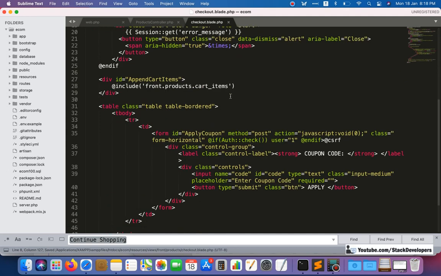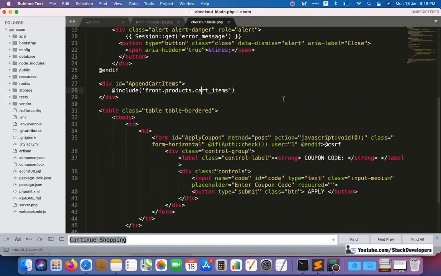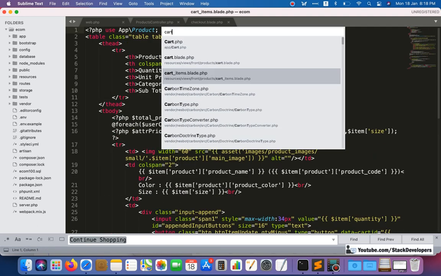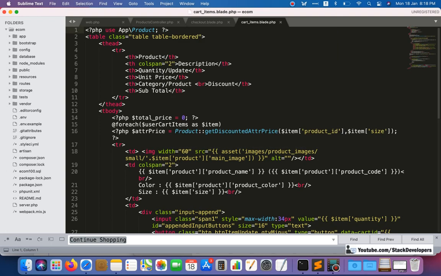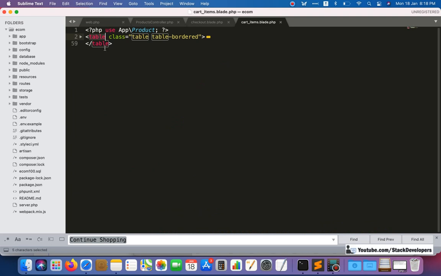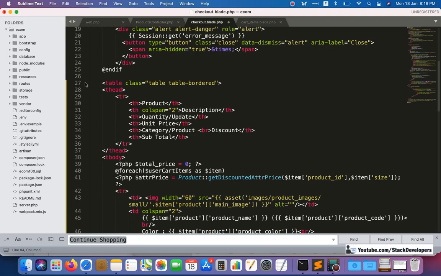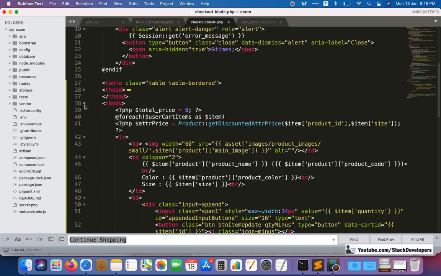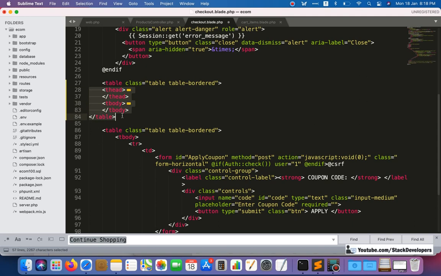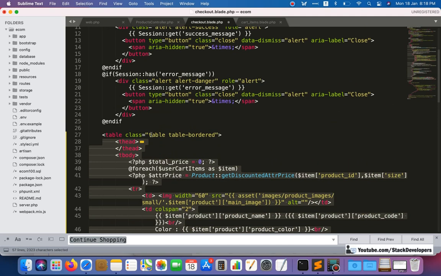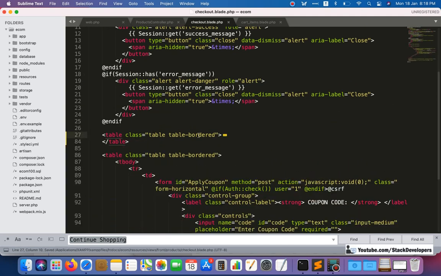And now we can move further and see, here it will show you products and cart items, but here we need to bring it here. We will not reload, there is no coupon kind of thing, there is no update of cart items. So we will copy this complete table, complete cart items, here itself. Now we have the cart items, this is the part of the cart items.